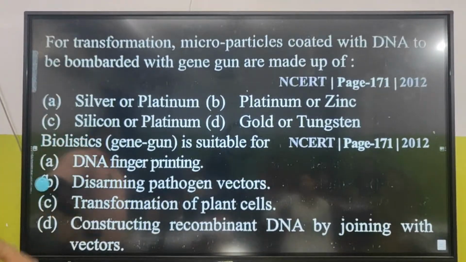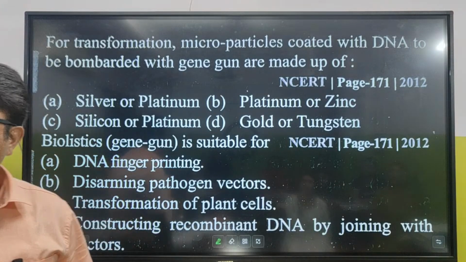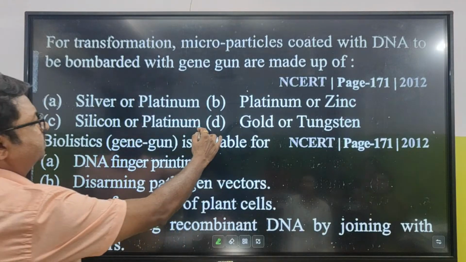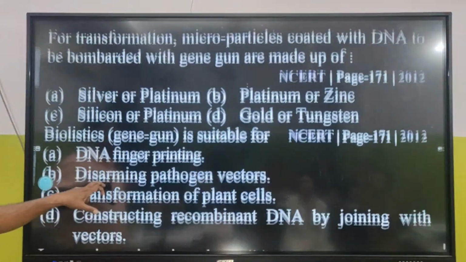Tell me, for transformation. Read out the question. For transformation, microparticles coated with DNA to be bombarded with a gene gun are made up of gold and tungsten. Very good. Ballistics. Gene gun is suitable for